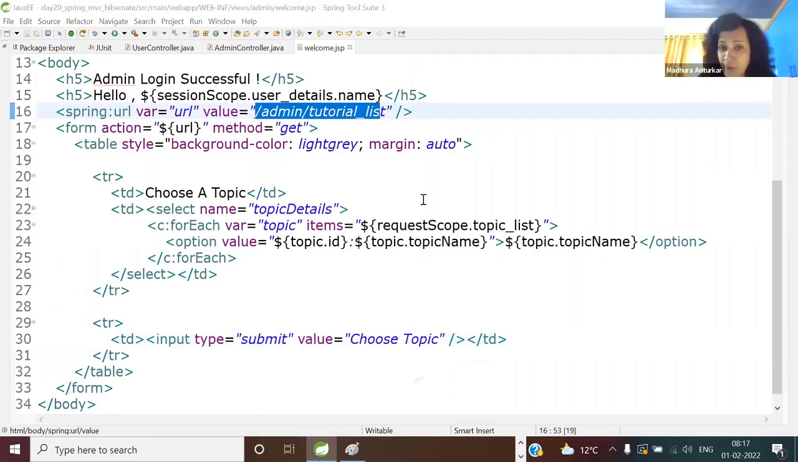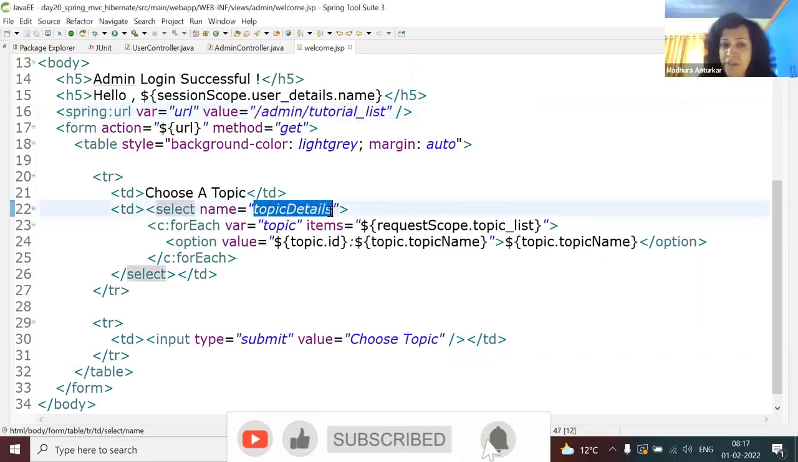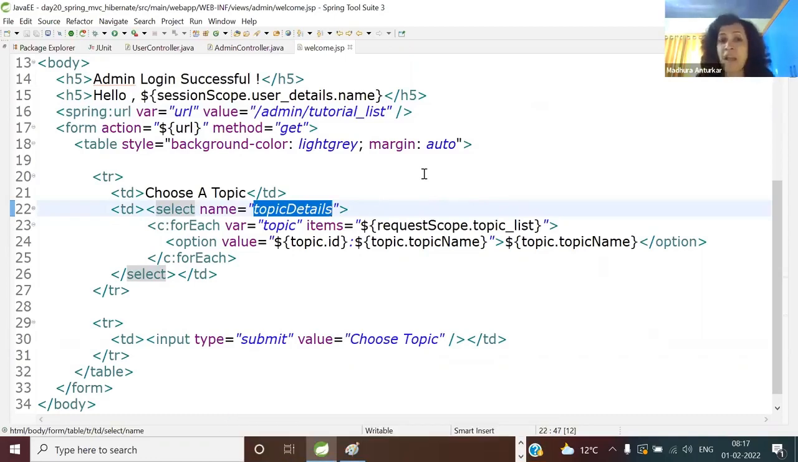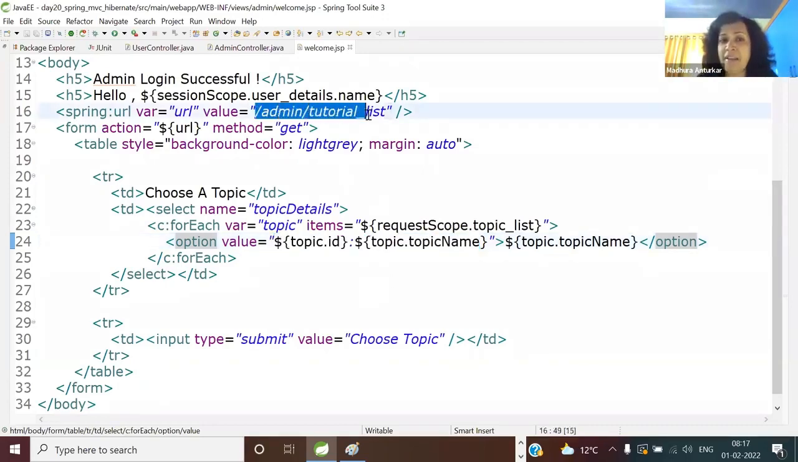We are injecting only one request parameter. So what is that request parameter name? Topic details. So question mark, topic details is equal to, and the value I'm injecting is 2 values concatenated. So suppose topic ID 2:JPA. Got it? So with that, a new request comes all the way from the client, ending in /admin/tutorial list, goes